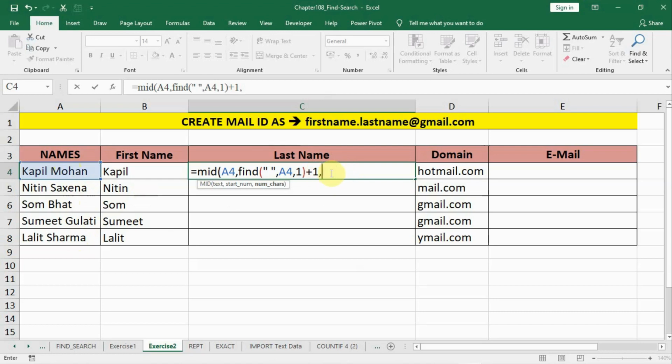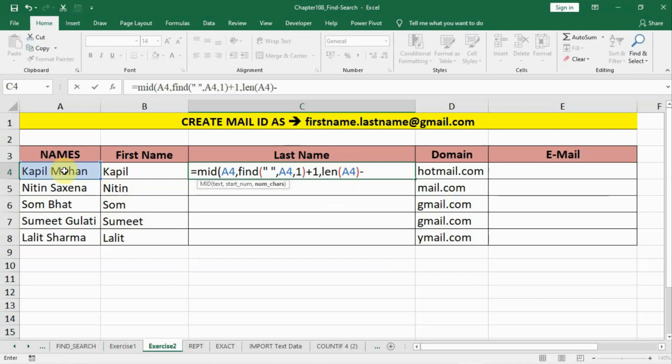So what we have to do is again use find. We can find the length of the whole name, and out of the whole we subtract the length of the first name and space. If we find the whole length and subtract that, we'll get the length of the surname only. So we'll find the length of the name, and from this we'll subtract the length up to the space.